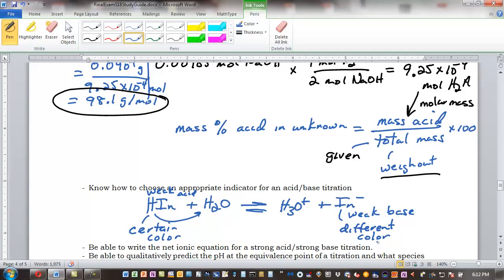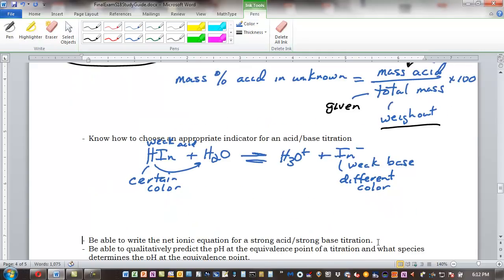If the two components of your buffer, because in effect we're going to have the weak acid part of this indicator and the weak base part of the indicator together at some point in the titration, if those are equal, what's the pH of that? About 7? It's not 7. It's the pKa. Just like a buffer, this is a conjugate acid, conjugate base pair. If those are equal,